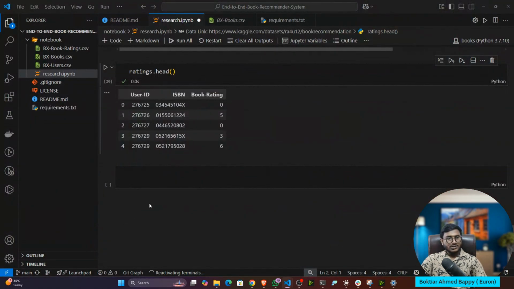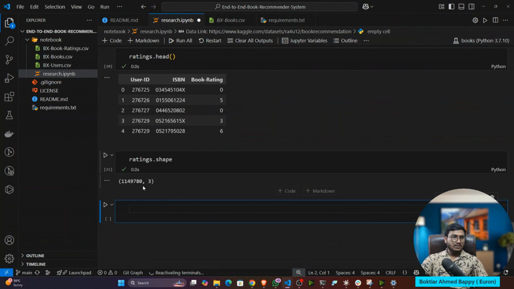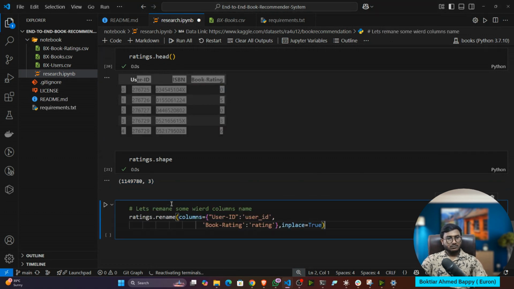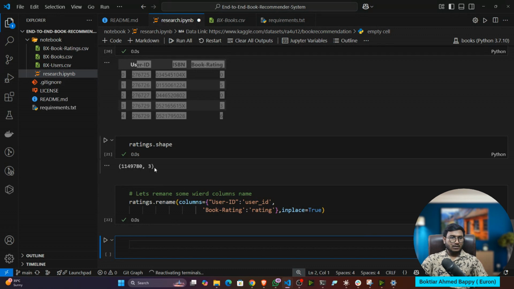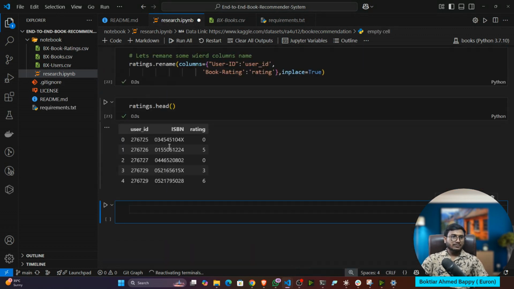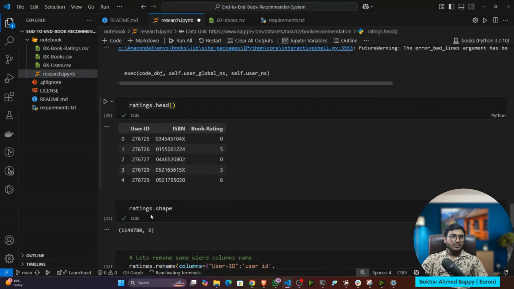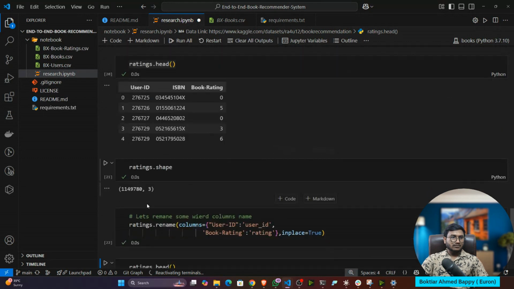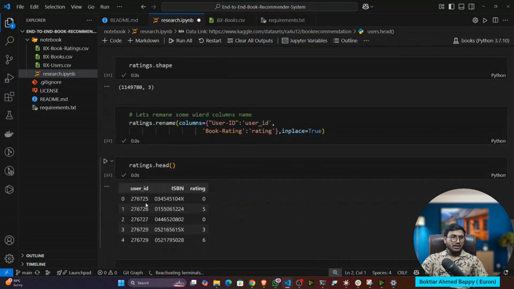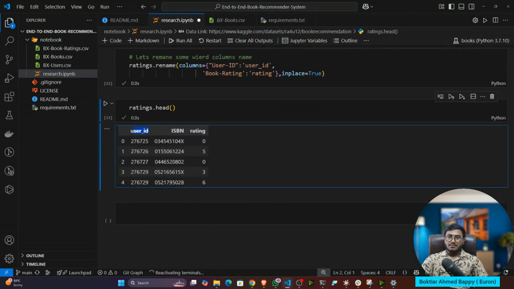And if I show you the rating.shape, again you will see that this is that many examples we have in the ratings. Now again, I can change the column name. I can show the head. So all the column names are now the same, okay, you can see all the column names are the same right now. Ratings here have user ID, and here also we have the user ID. I have converted to the same name.